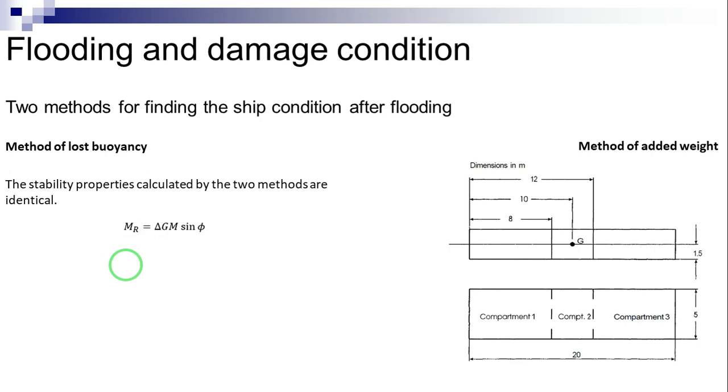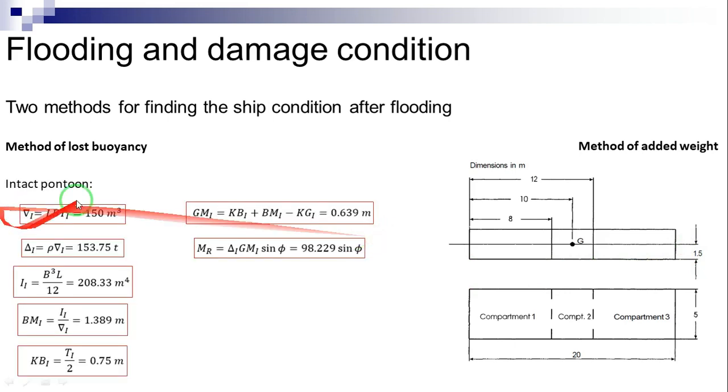The length of the assumed pontoon is L equals 20 meters, the beam B equals 5 meters, and the draft in intact condition Ti equals 1.5 meters. Let the vertical center of gravity be KG equals 1.5 meters. We first find the data of the intact pontoon. The displacement volume is calculated using this equation. The mass displacement equals